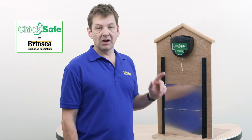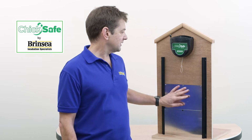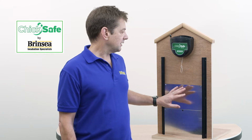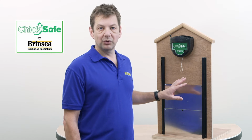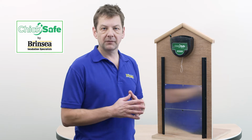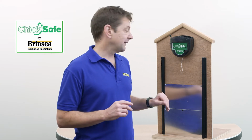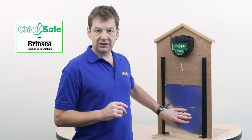And a few checks to run when you're hooking up your ChickSafe is to make sure firstly the door is very free to move. It's vital that the door doesn't jam, and if you've got a wooden door, it's particularly important because in different weather conditions, in cold or very wet conditions, it can bow and can jam. So make sure your door is moving very freely,